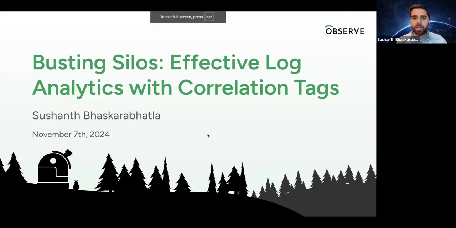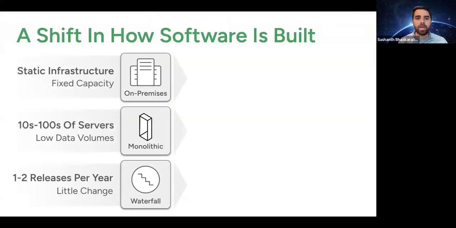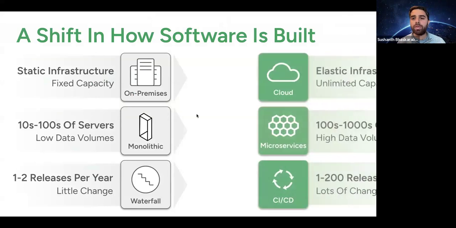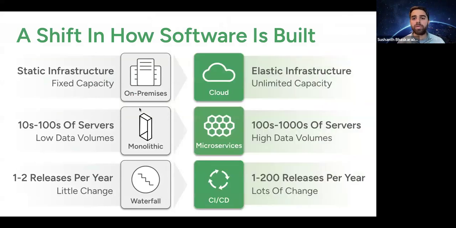So the topic of today's webinar is busting silos, effective log analytics with correlation tags. I think it's helpful to step back for a minute and talk about how software is built nowadays. Back in the old days, software was built on static infrastructure with lower data volumes and a lower number of changes per month or year. Whereas nowadays, most software is built on the cloud. A lot of software is built on a microservice architecture, and there's a higher rate of changes per year through continuous integration and deployment. And what this results in is a lot more changes to track and a lot more